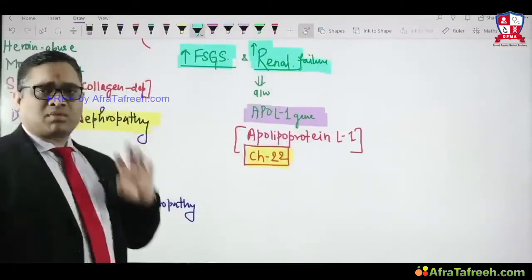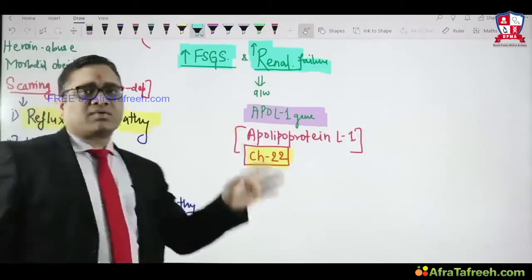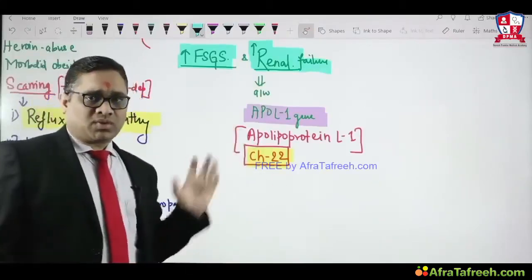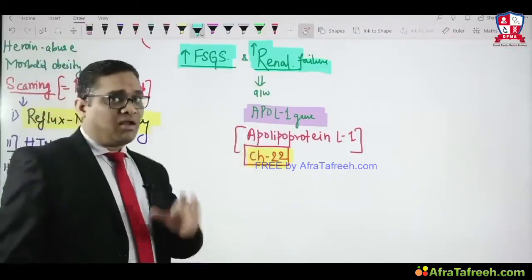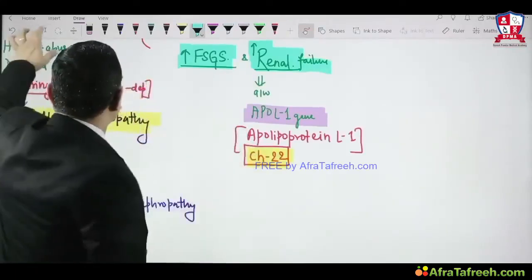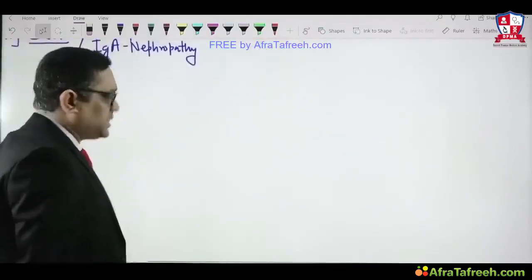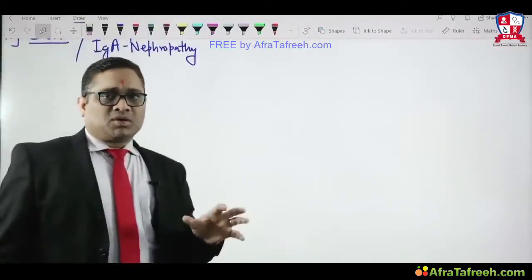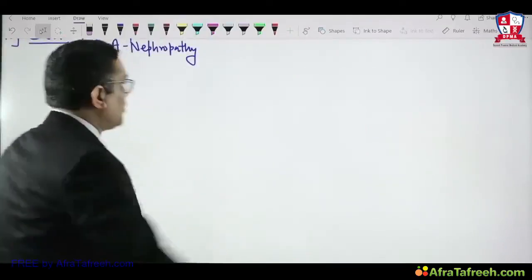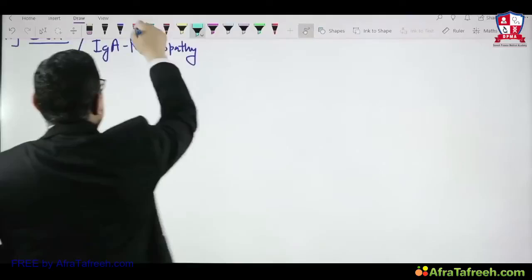So we have to keep this point in mind: ApoL1 gene sequence variation on chromosome number 22 is commonly associated with FSGS and renal failure. These are important regarding the etiology of FSGS. Now we will see what findings we are going to see on